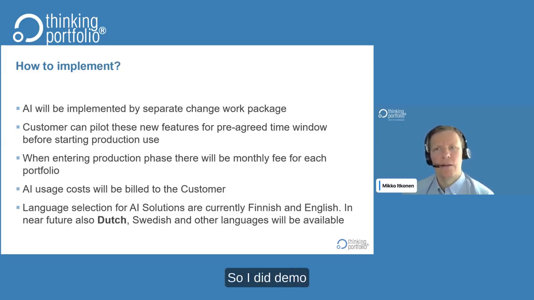I did a demo on the search functionalities. That kind of search that I did here in the demo environment costs like 0.2 cents. So there will be some small costs, and why we decided to have this additional usage cost billed to the customer. We have a very big range of